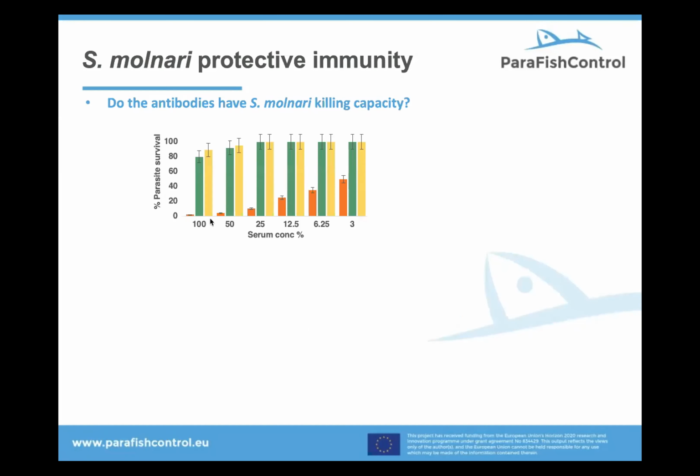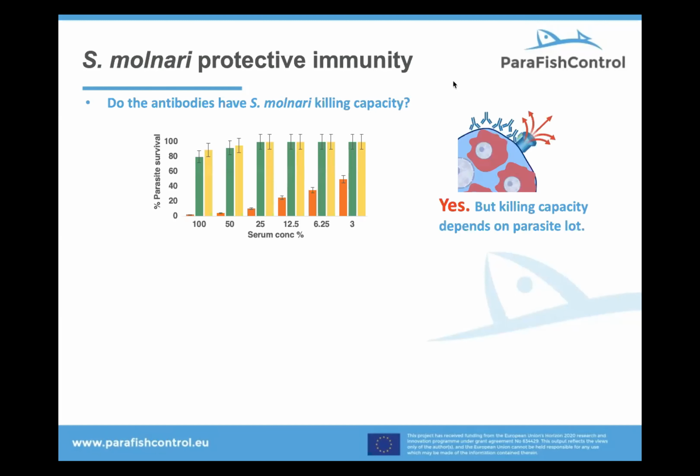The antibodies in the same serum are sometimes able to kill all the parasites, whereas in other parasite lots they kill only about 20%. What does that tell us? The parasite obviously has more than one protein of interest, and more than one protein to make the carp react to it and produce specific